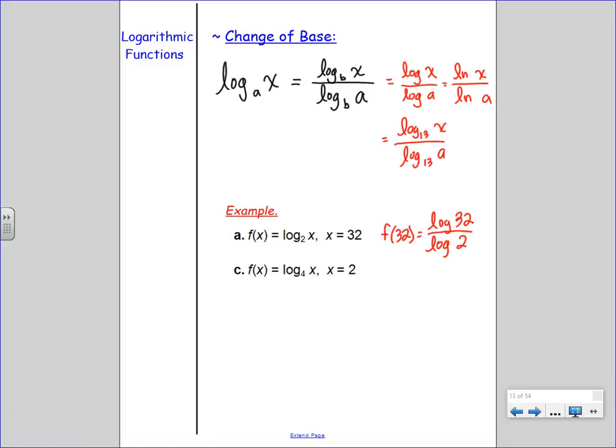Or similarly, if we went down to this one, f of 2, we could say ln of what goes there, which is 2, over ln of the old base, which is 4. And if you plug and check, guess what ends up happening? It's 5, and it's 1/2. It doesn't matter what log you go into, it's going to be equal as long as you use the change of base formula with the new log of the argument, whoever's there, and then the new log of the old base.